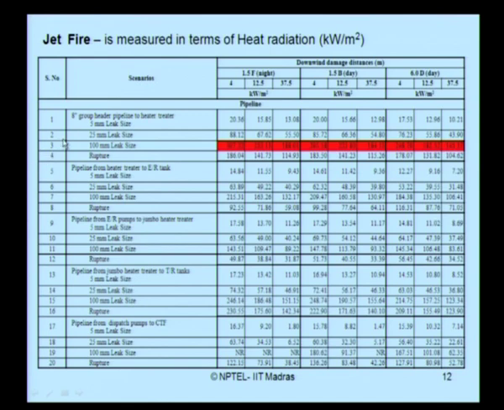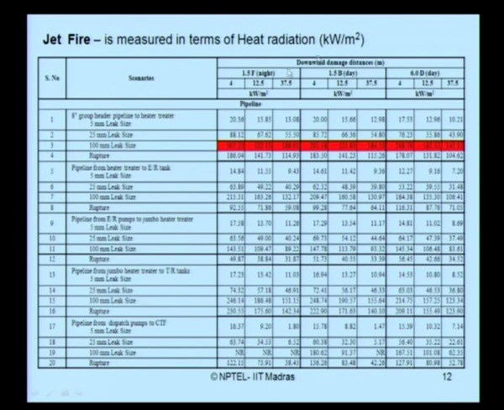I look for all the scenarios of the 8-inch pipeline, the 8-inch group header pipeline to heater treater, pipeline from heater treater to ER tank, pipeline from ER pumps to jumbo heater treater, pipeline from jumbo heater treater to ER tanks, and pipeline from dispatch to CTF. In all these regions 1, 2, 3, 4 and 5 shown in blue color in your process and flow diagram, I am analyzing all 4 scenarios of 5 mm leak, 25 mm leak, 100 mm leak